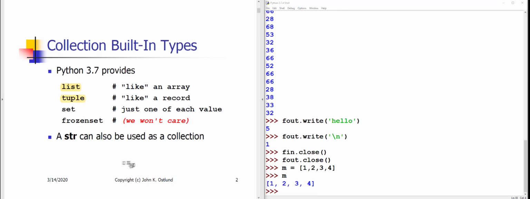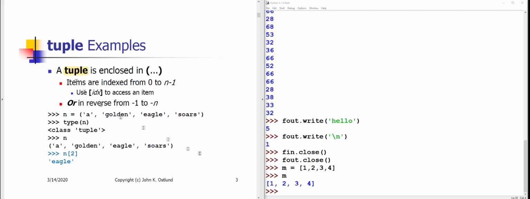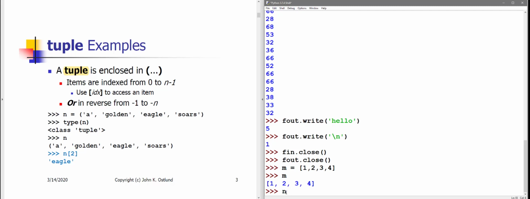A tuple is basically the same thing as a list with an important exception. You cannot change the items contained in a tuple. All right, so a tuple can be defined by giving values in not square brackets, in parentheses. So when you use parentheses rather than square brackets, that's how you define a tuple. And here I'm creating a tuple of strings, a golden eagle soars,